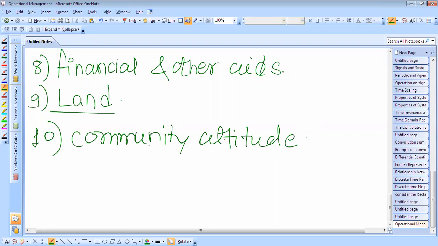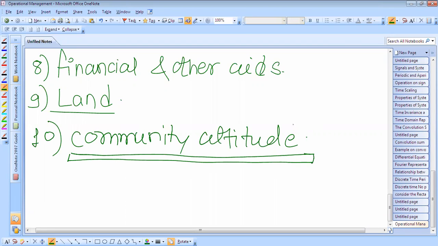Success of the industry depends upon the attitude of the persons working in the industry. Therefore, if the plant location is situated in tribal regions or in Naxalite regions, then probably your work will not be easy in the industry. Therefore, the community attitude matters: success of the industry depends very much on the attitude of the local people, whether they want to work or not.